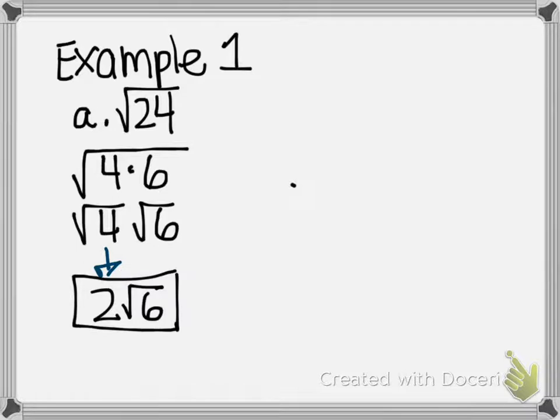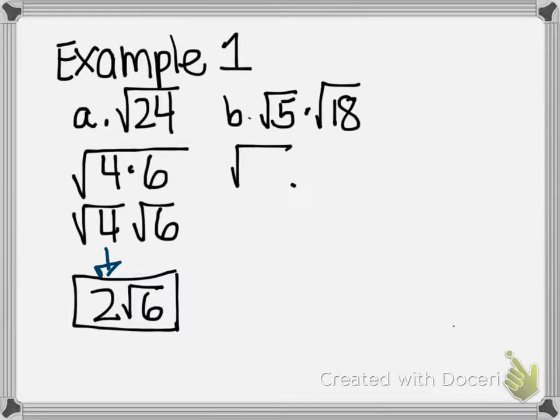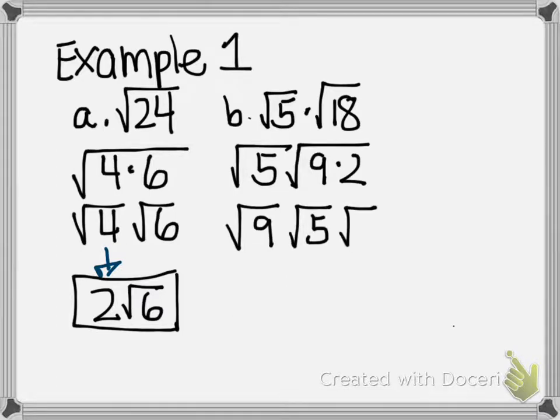so we can just leave it inside the root. Now for example B, again, we could multiply these numbers together, but it makes the number very big, and to find factors can be very difficult. So the best thing to do is just find a pair of factors that are squared numbers. So looking at 18, I know, let's leave the 5 there, I know that I can split that up as 9 times 2,